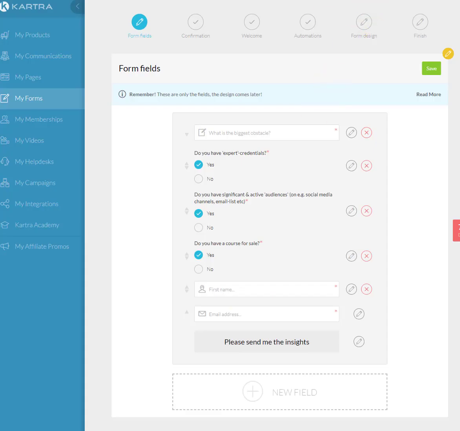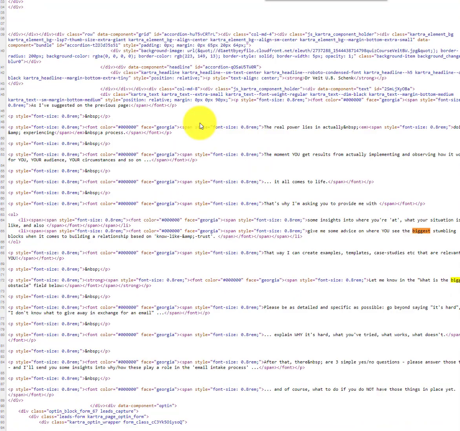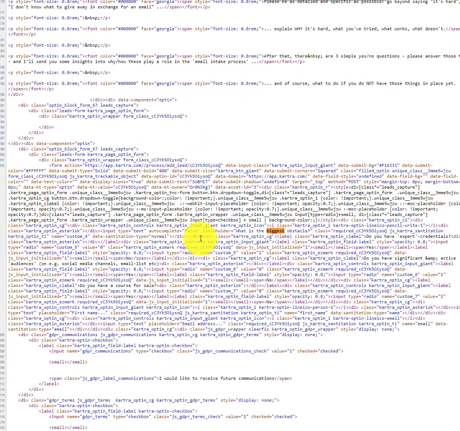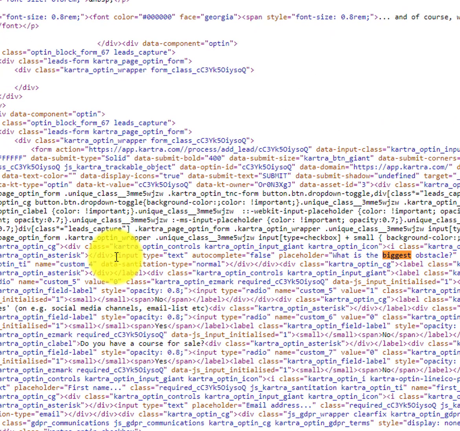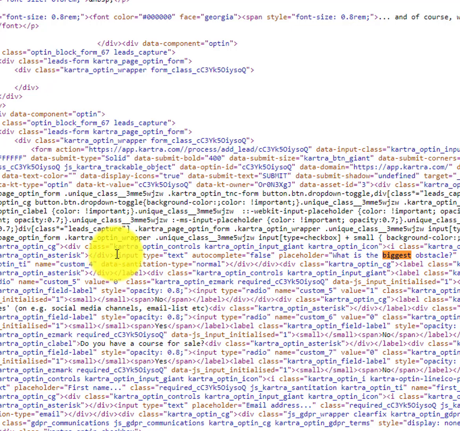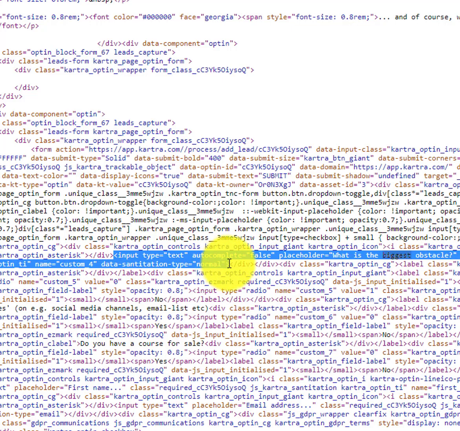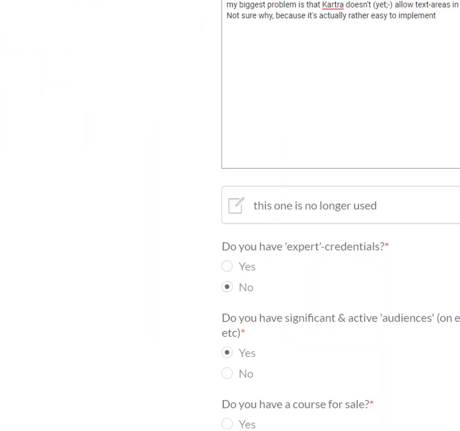So later on, when I insert this code, I'm going to go for biggest... no, hang on, there. Right. So there is an input field here inside this whole form thing, starting from here. There is an input field that says, what's your biggest obstacle? And it goes from here to here. This field, basically, we'll chuck out, and then above this whole thing, we'll insert a text area, which is this